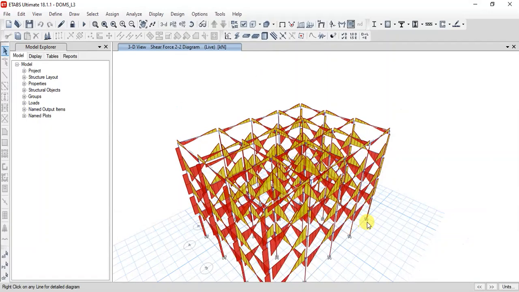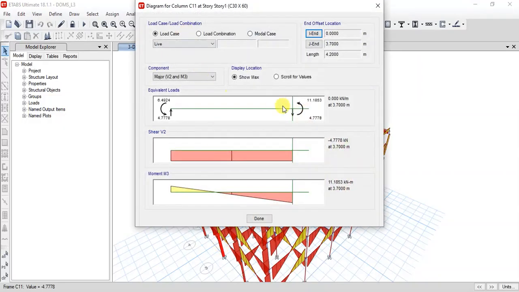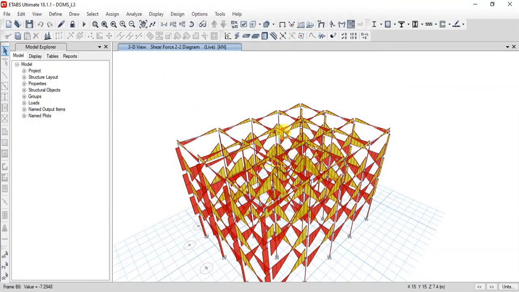Similarly, you click on any object, right click on any object, and that object will be displayed. Because we have selected the column, the columns have been displayed here with the shear force and the bending moment acting on that particular building. But this entire figure is showing you the shear force.